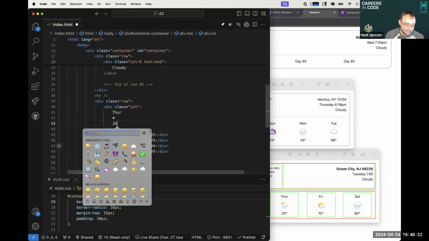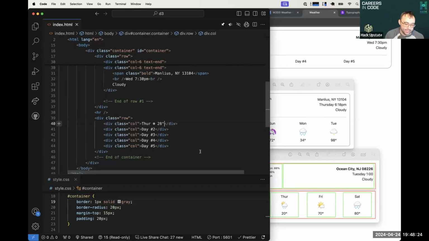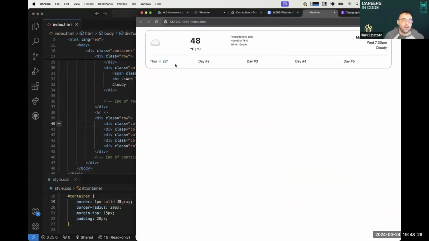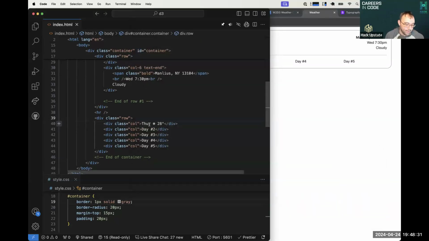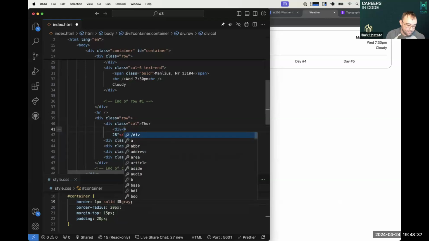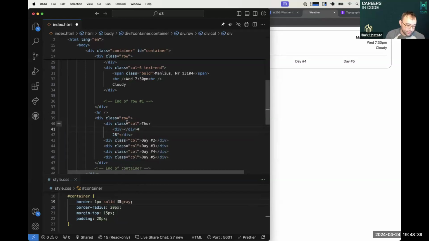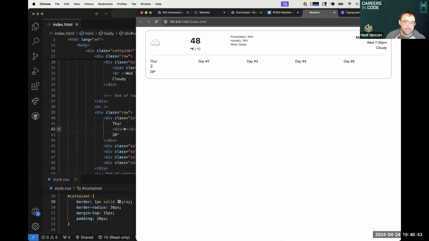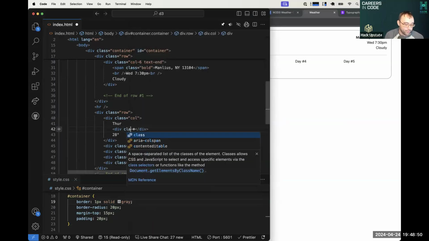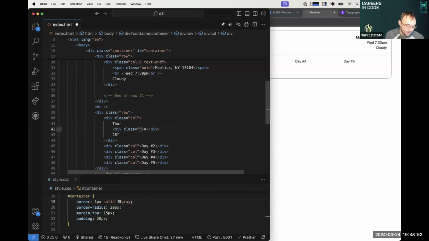And I'm going to command space again and grab my degrees. I save that, and everything throws it all up onto one line. I am going to put my icon into a div. And I'm going to put it into a div because one, I know I want my emoji to show up on its own line, but two, I need the ability to style that. I need the ability to make that emoji bigger. So I'm going to throw a class on that of,